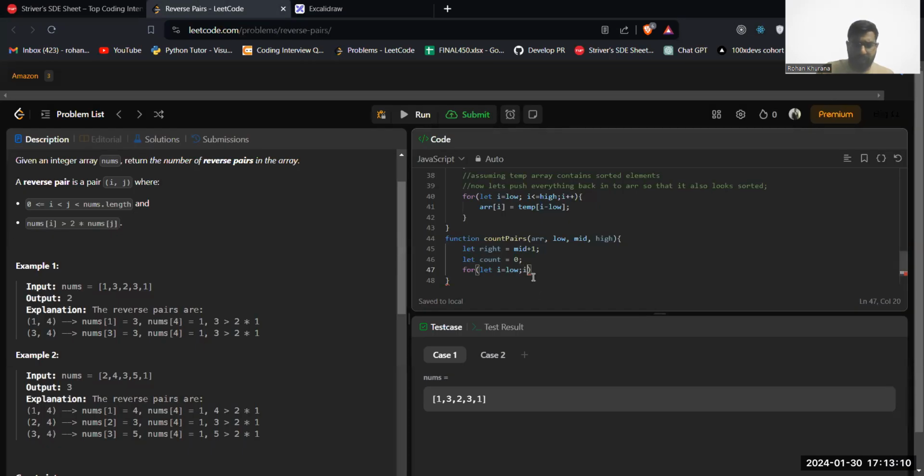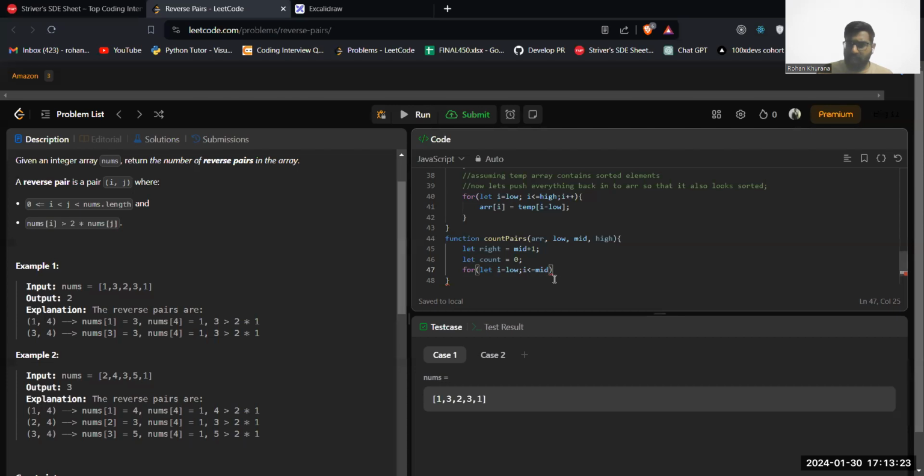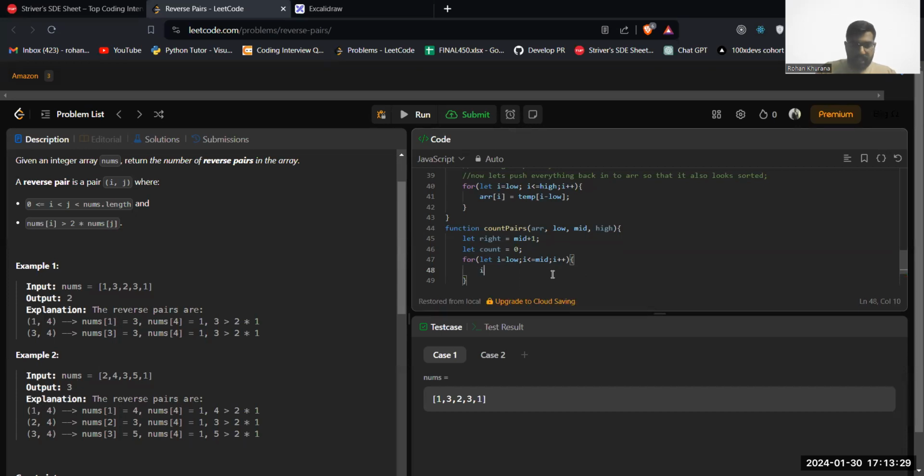So I start from low, and I will say i is less than or equal to mid. Why am I taking it till mid? In this particular array, this is low and this is mid. Do I need to go further? No. I will go till mid and say i plus plus. If array of i is greater than 2 times array of right,